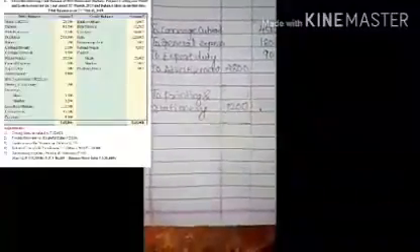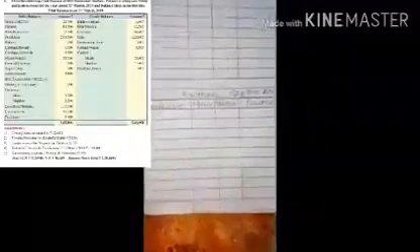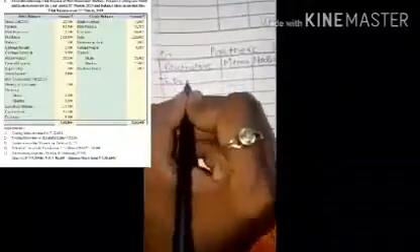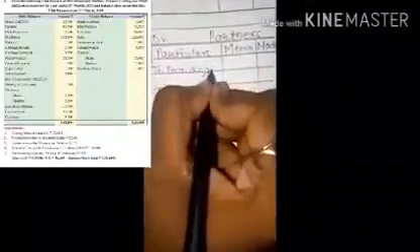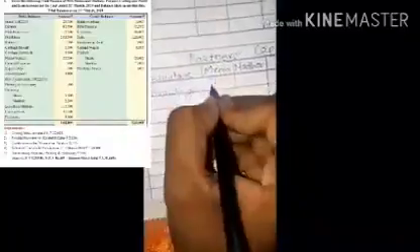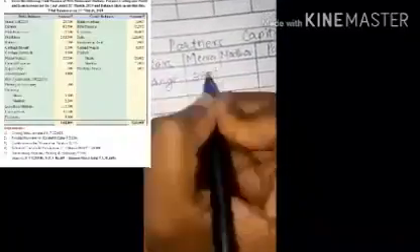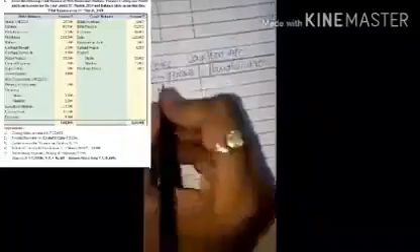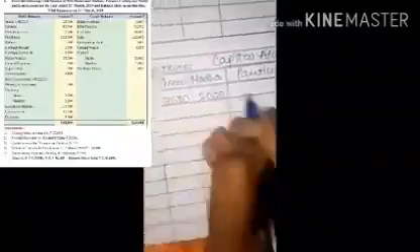Next item is drawings. Drawings are related to partners' capital. So come to the partners' capital account, debit side, and write down the amount of drawings. First write down "To drawings." Amount of Mira's drawings is 3,500. So in Mira's column 3,500 and Madhav's is 2,000. So Madhav's column 2,000.